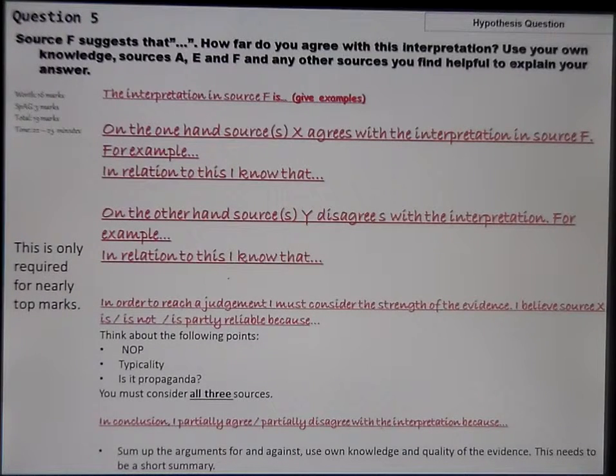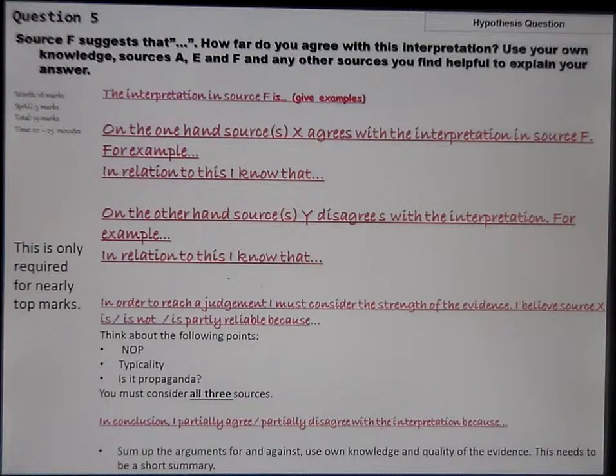Okay, so in order to reach a judgment, I must consider the strength of the evidence. I believe source X is or is not partly reliable because, and the same, exactly the same as we did in the reliability NOP section. So look at the nature, origin and purpose, and then you've got to sum it up with a conclusion. So in conclusion, I partially agree or partially disagree with the interpretation because, and there you're just summing up your